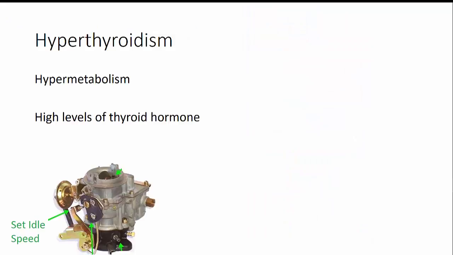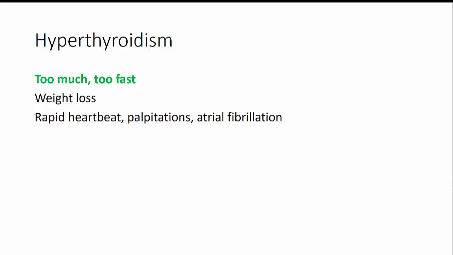So let's start with hyperthyroidism. Hyperthyroidism is a hypermetabolic state. Everything's running too fast, and that's because there's a high level of thyroid hormone. So the symptoms would include weight loss, rapid heartbeat, palpitations or irregular heartbeat, and atrial fibrillation, especially in the elderly,